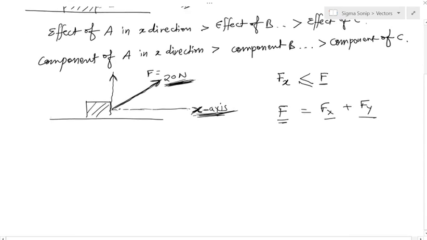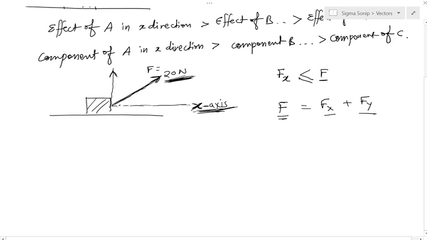Let me scroll it a little bit down. And this statement, this process of breaking this force F into two components, is known as resolution. So how I would say, I'll write this: the force, and this is the technical language that we have to use. The force F has been